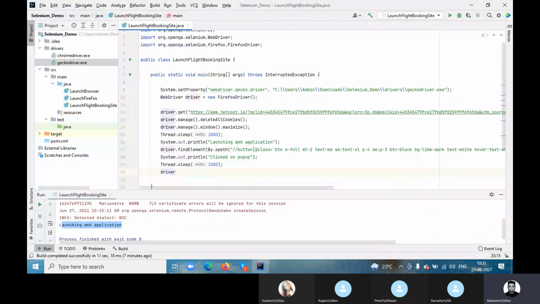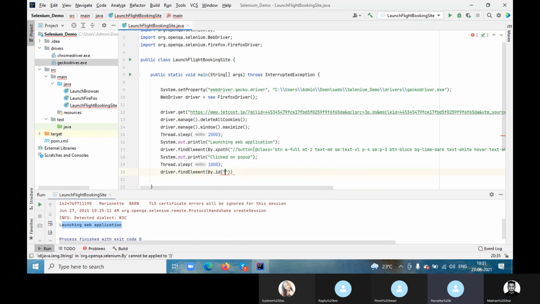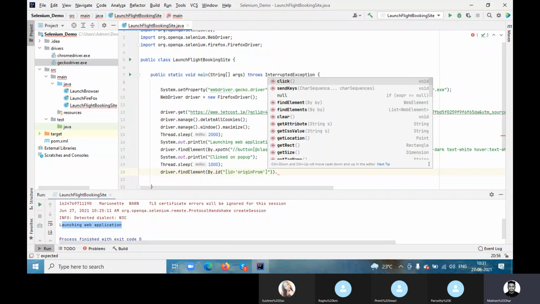Now say driver dot find element by. By is a class, okay? By dot, this is what? It's ID, right? Yeah, ID. Guys, please interact so that you can understand. Now what method should I use? What do I have to perform on the actual page? Should I click or enter some data? Type, right? Yeah, enter.